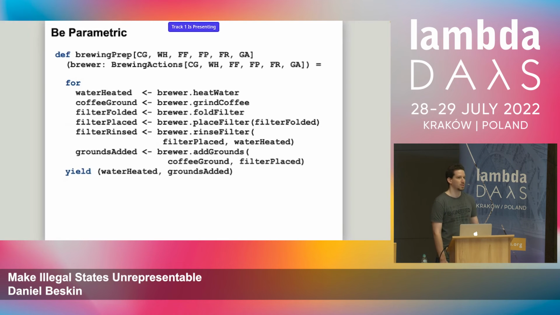And you might ask, why would you do that? And the answer is, if you don't care about the inputs and outputs, and you make them parametric, it leaves you very little space to actually cheat. So in case I want to pass the water heated value and have to return it for my signature, there's no way to obtain a water heated value from anywhere other than calling heat water, because I have no idea what the type really is. It's parametric, so I have no information on how to obtain it. I don't know what it is, so it's just impossible. And so in this case, we're forced to do the right thing because there's no way to cheat. If it was unit or some other kind of simple value, we could just return that. But in this case, we can't because it's a type parameter.